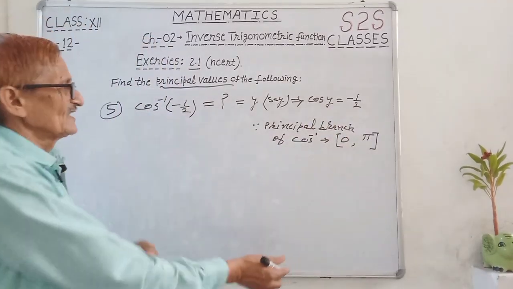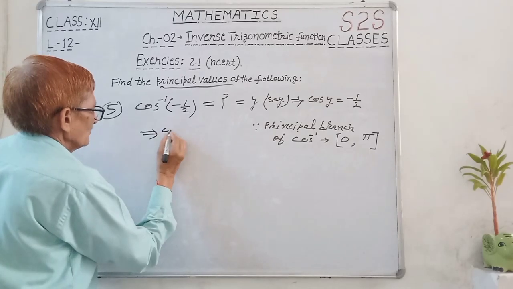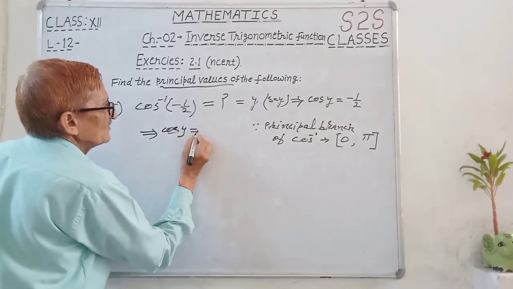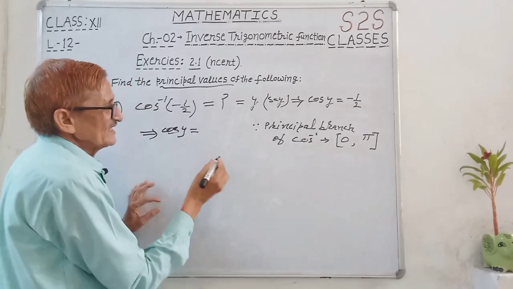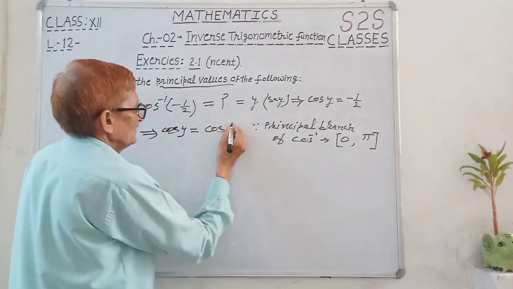So y must come between this. You can see that according to this, cos y is negative. Cos is negative in the second quadrant, and elsewhere it is negative in the third, but our branch is 0 to pi, so y is in the second quadrant. So this implies we can write cos y is equal to minus half, we can write cos of